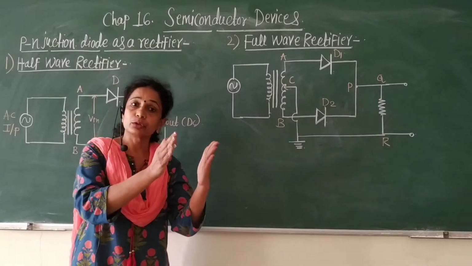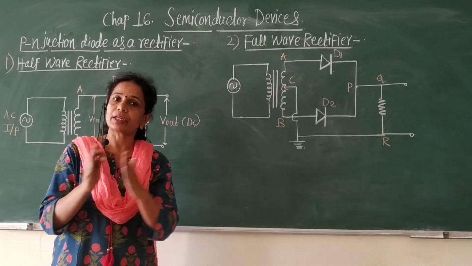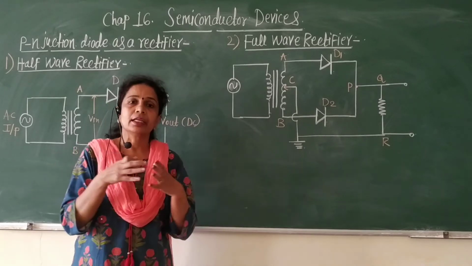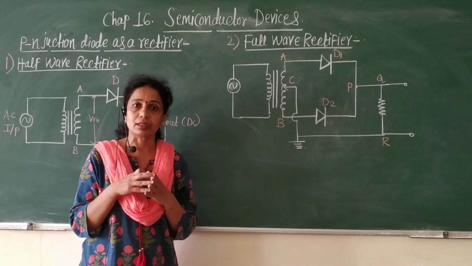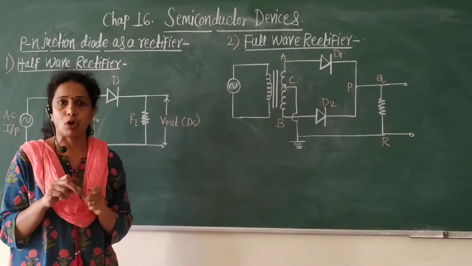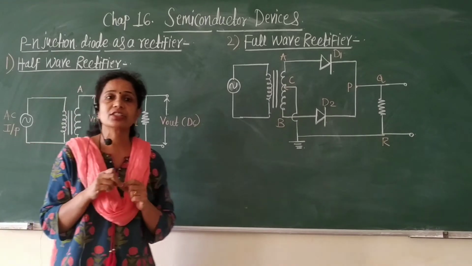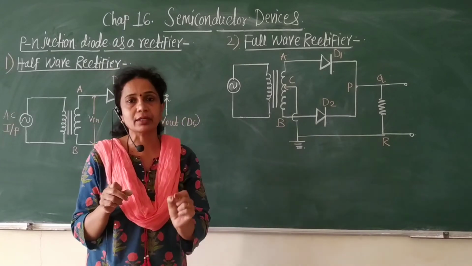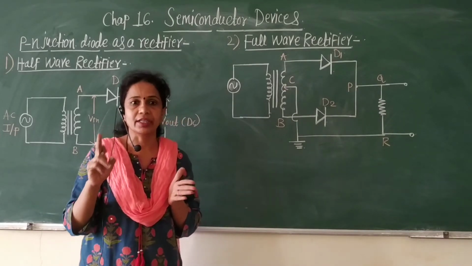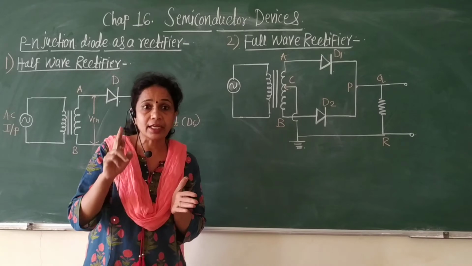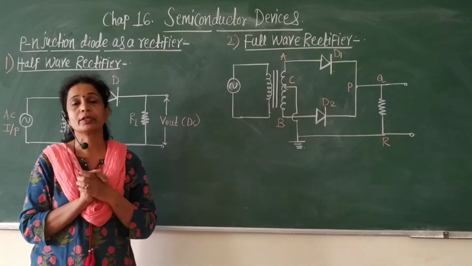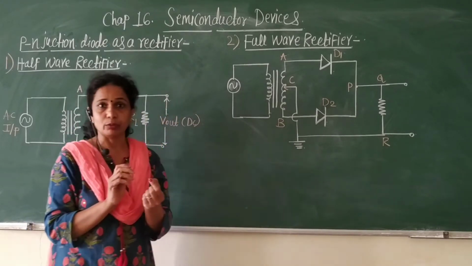You know that there are two types of semiconductor, P-type semiconductor and N-type semiconductor. When the P-type semiconductor is joined with an N-type semiconductor, then PN junction is formed and PN junction diode is formed. Then what is the PN junction diode? It is the two-terminal semiconductor device which allows the electric current in only one direction, which blocks the electric current in opposite direction. This is the very important property of PN junction diode.